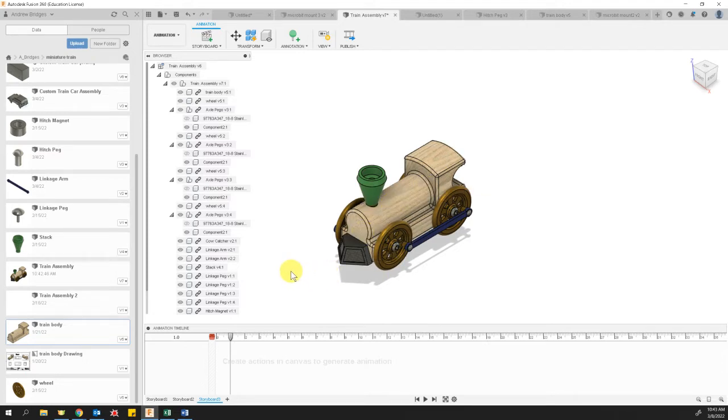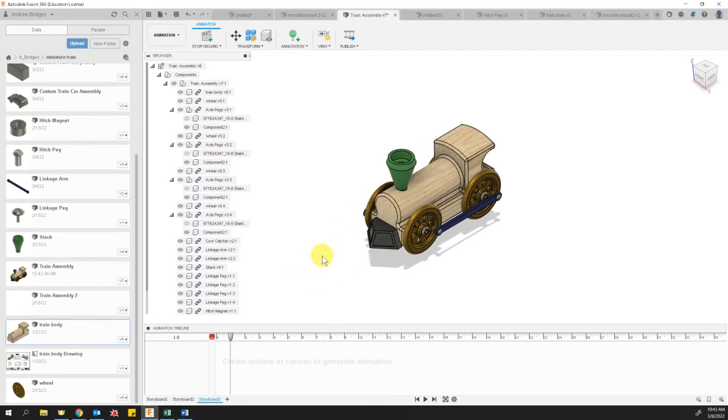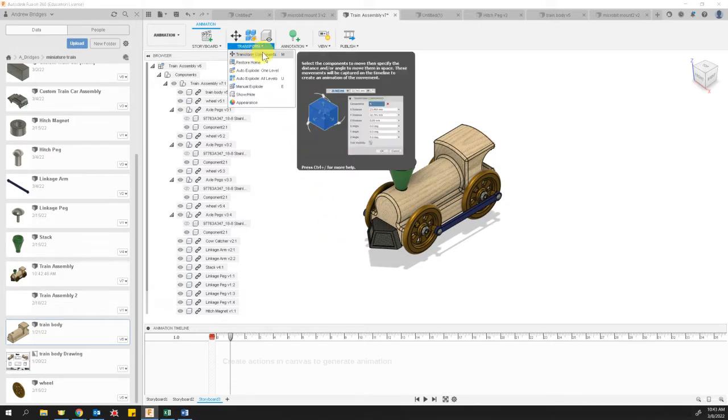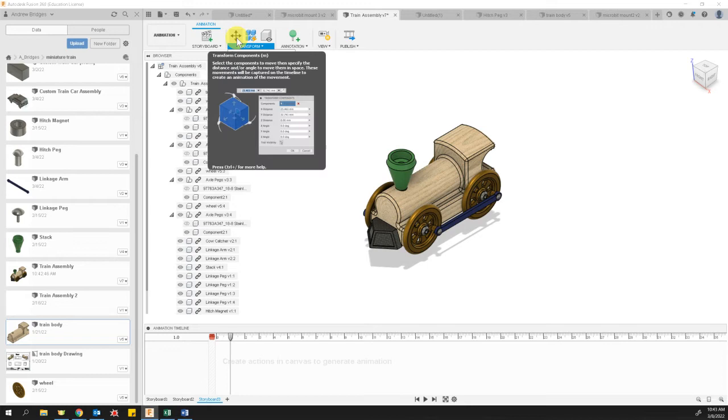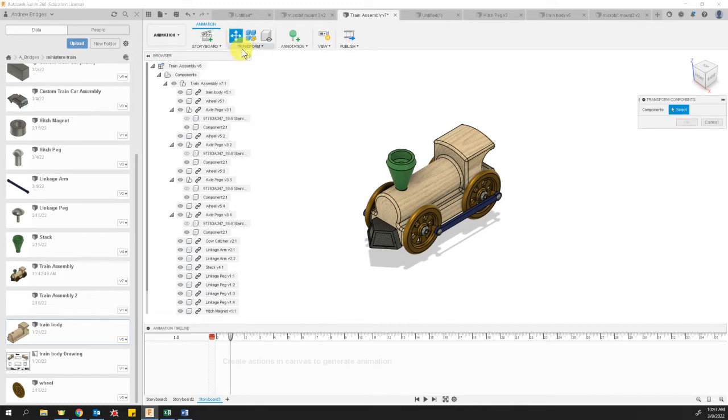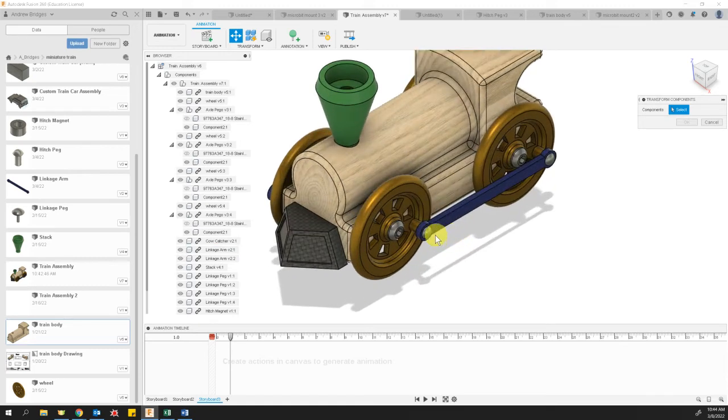All right. So the way that we're going to make the parts explode out away from this is basically we're going to take it apart piece by piece, okay? And what we're going to do is use this under the transform menu. We're going to use this first one, the four-way arrow. It looks like the copy arrow from the 3D modeling mode, okay? The hotkey for that you can see is M, and it's also this icon right here. So let's go ahead and click on transform components,